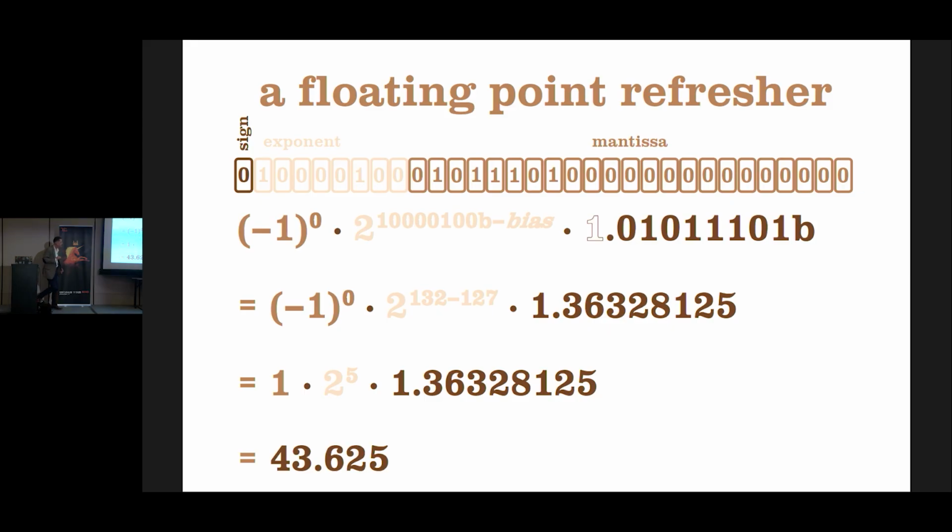That's one. Okay. So you'd walk through, you'd subtract your bias out, you'd calculate your values together in binary, right? That's a binary point, not a decimal point. So we have to do that conversion into decimal. And then we arrive at something that in decimal, we would write this way. That's the equivalent to that value. So we can carry this around. We can do interesting things with it.